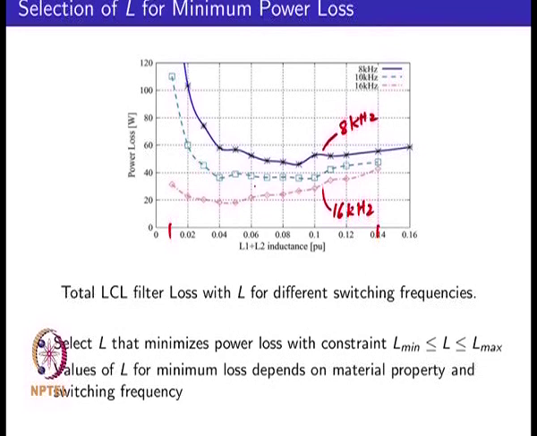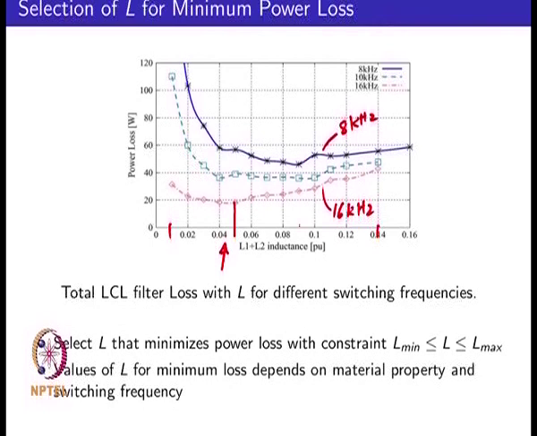So, you could see that in the filter design there is a trade-off between the losses at the low value of L and the losses at the high value of L, even for the different frequency ranges. But it is also interesting to see the point at which the minimum occurs for the high value of switching frequency. A desirable range of minimum loss is occurring around 4% value of inductance, whereas